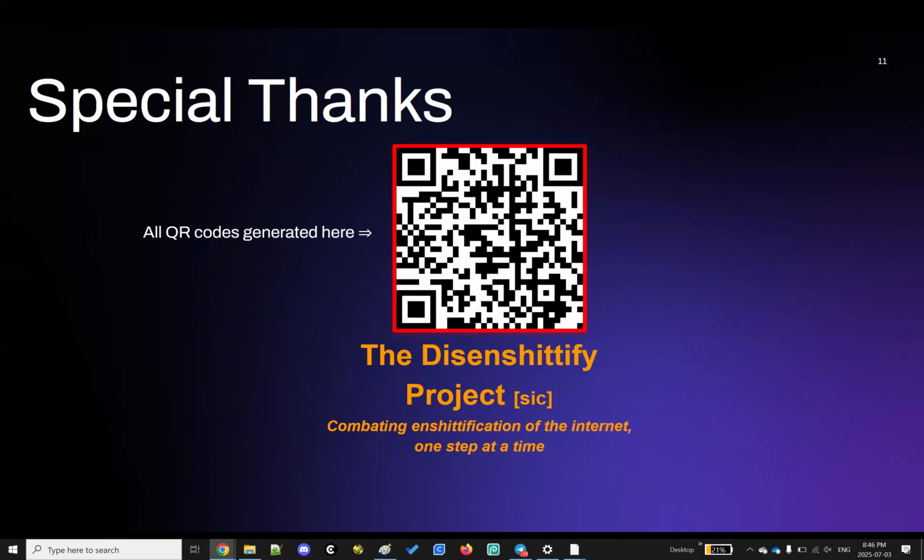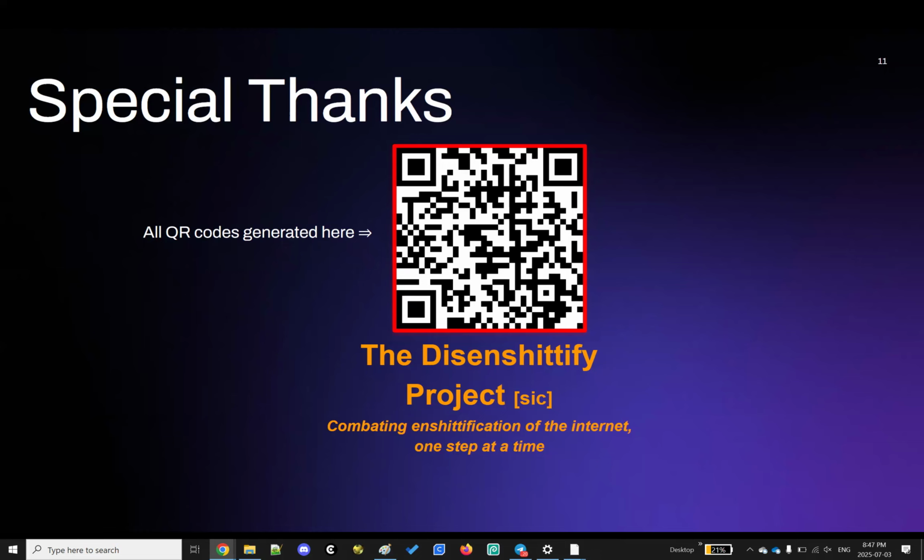Have you noticed that every time you want to generate a QR code, if you do not have a QR code generator in Python, although you can whip one up really quickly, but if you want to create one on the fly, every QR code generator, QR code monkey, Google Chrome, every time you create one, it sends it to a redirect instead of the actual site. That's a really enshittified method of getting analytics or making it a paid feature or whatever. They say you can change it afterwards, but that just didn't sit well with me. Luckily, a bunch of developers thought the same thing and created a series of projects that anyone can contribute to, to take an enshittified product and make it